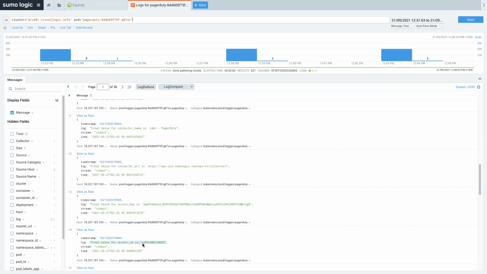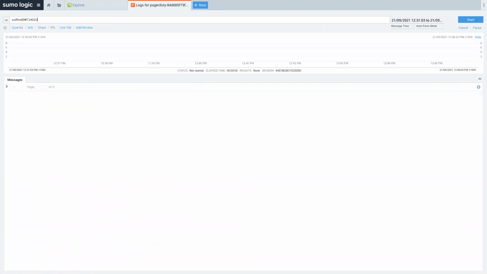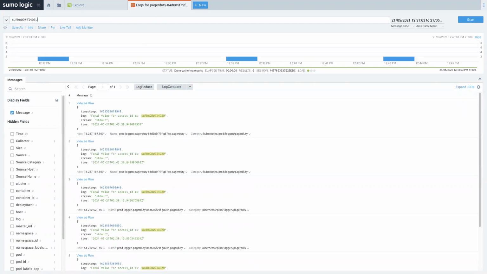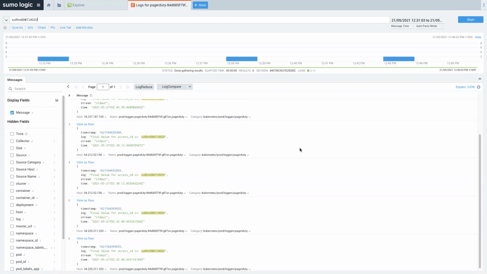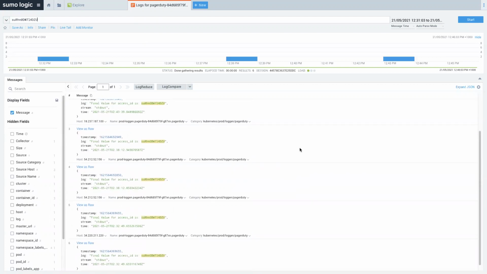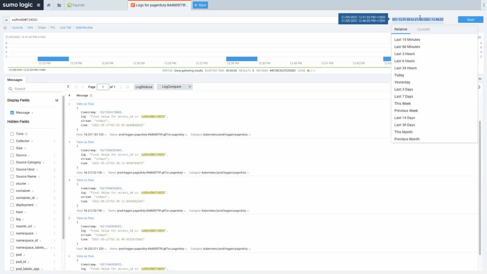So what I might do is check this particular access ID. So I can just look across any of my logs here for this particular access ID. I might do that for the last few hours.